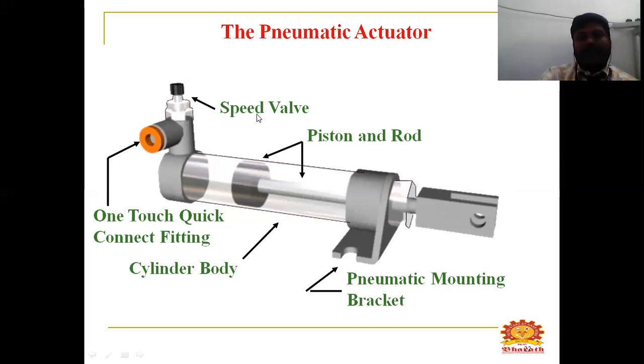This is the speed valve, and this is a piston, and these are the connecting rods, and these are pneumatic mounting brackets, and this is a cylinder body, and this is a one touch quick acting fitting. You will note this is a one touch quick connecting fitting, which you will be using for holding your hoses.